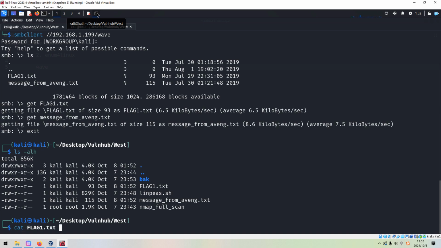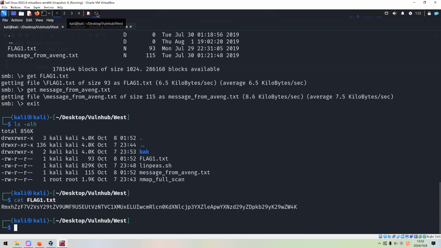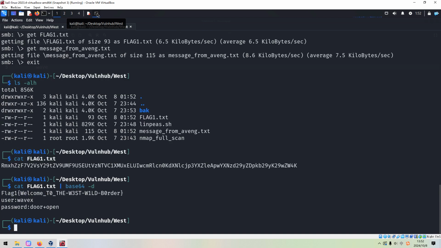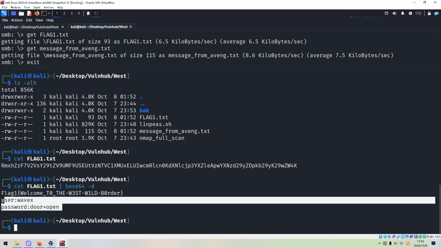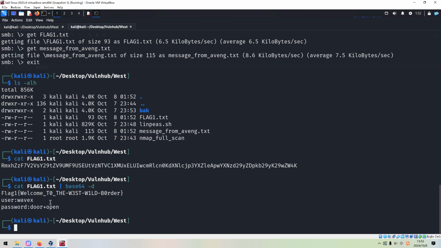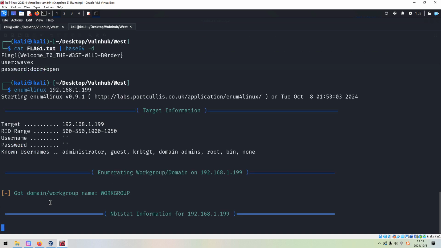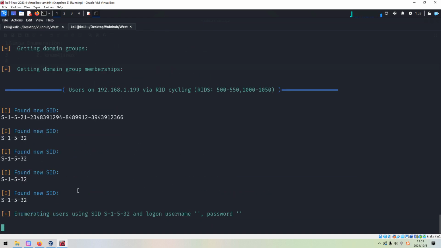And we can get the first flag, and it looks like this flag is encoded. So we can turn to base64, and then we can get the real flag. Besides the flag, also we can get credentials. So next we can launch enum4linux to do more enumeration with Samba service.